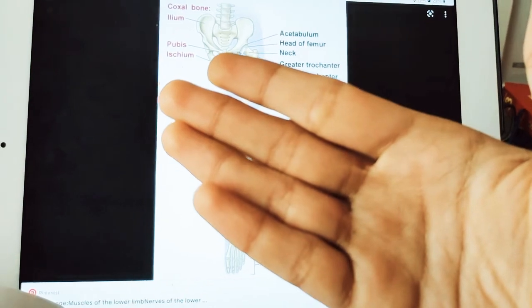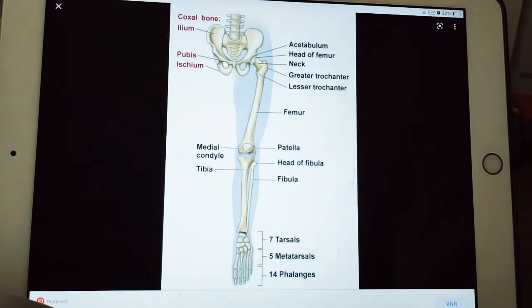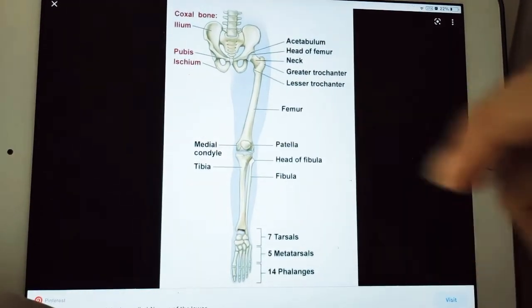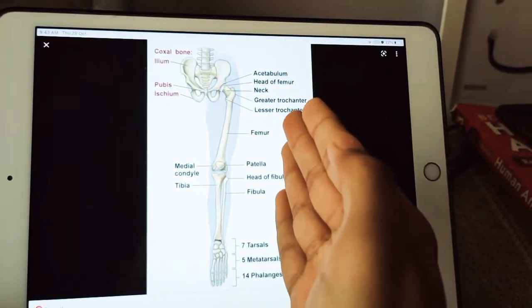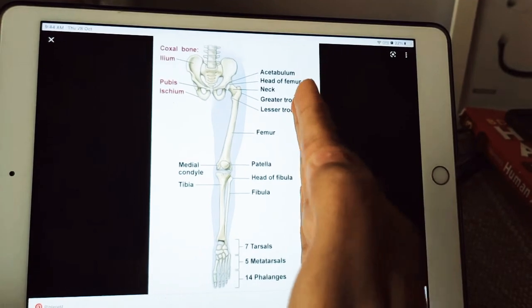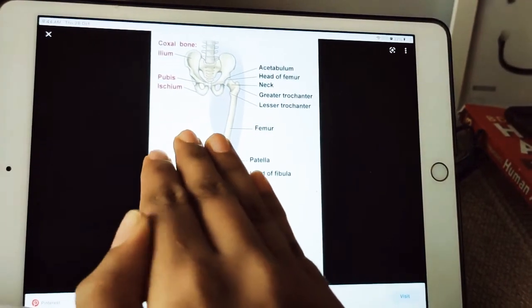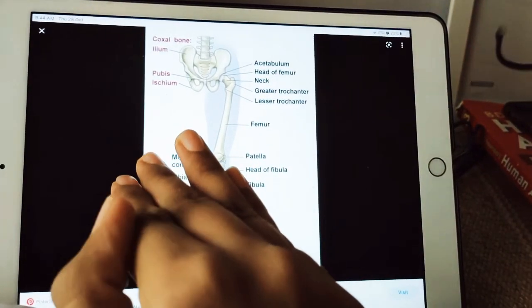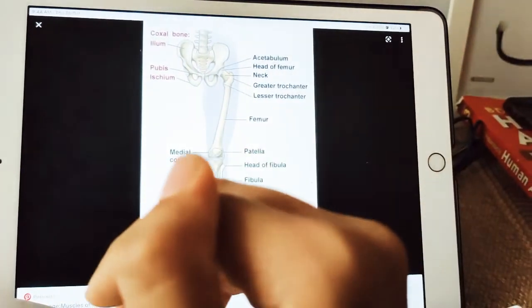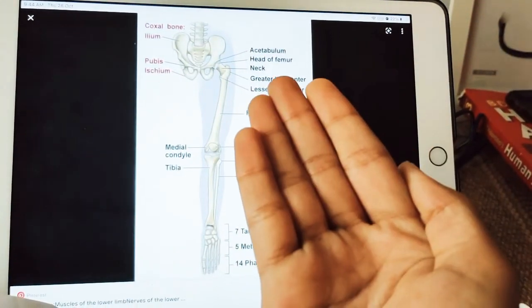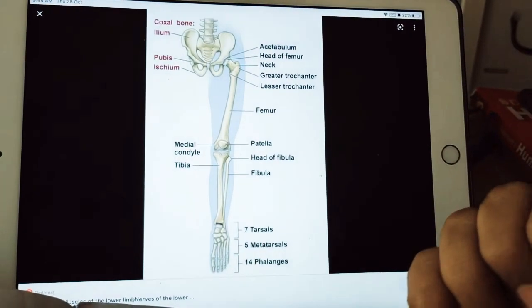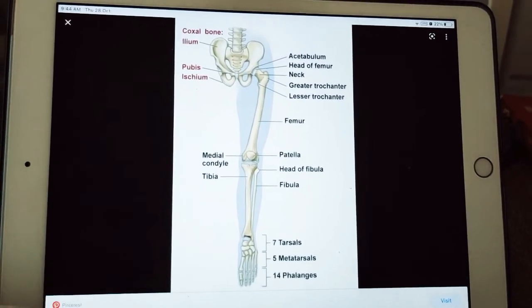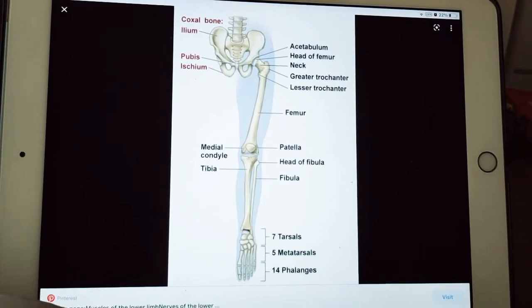Why has this difference come? Because of the rotation in the embryological period. The lower limb will rotate medially. As it is rotating medially, you can see this is the normal position, so it is rotating like this, medially. Then the extensor compartment will be anterior, whereas the upper limb will rotate laterally like this, meaning the palmar compartment will be anterior. So this is the first main difference to understand in the lower limb.